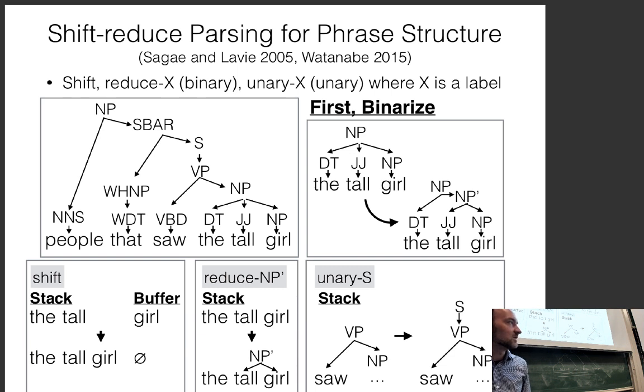It can also work for anything where you have labels on the spans. One example of this might be